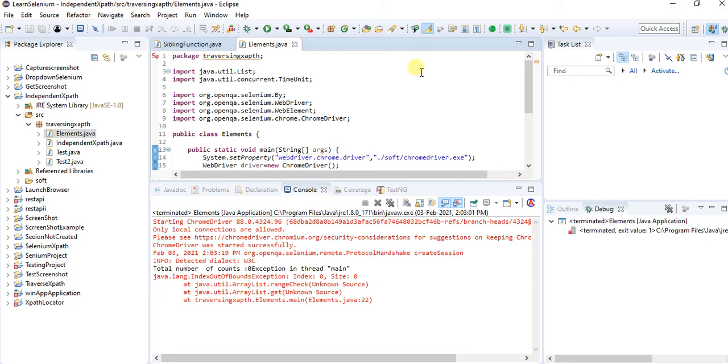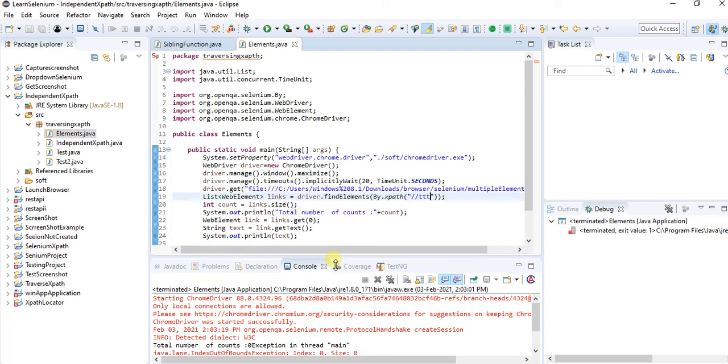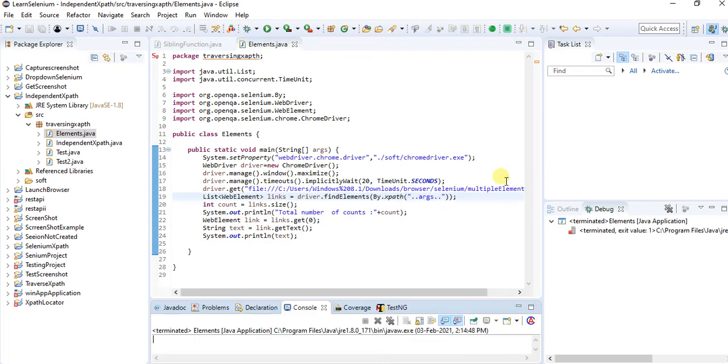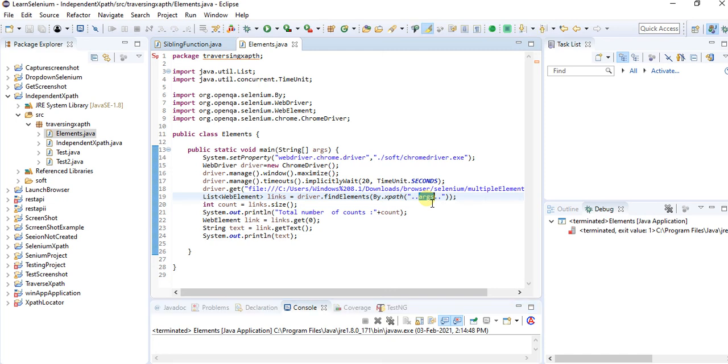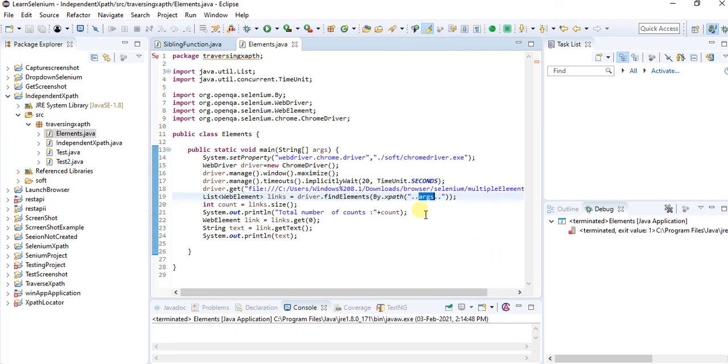Okay, if that element is not matching, then it will throw the exception called java.lang index out of bound exception. We are not getting the Selenium exception. Okay, let me check one more time with an invalid XPath. We are supposed to get an exception. We'll see what exception we get.